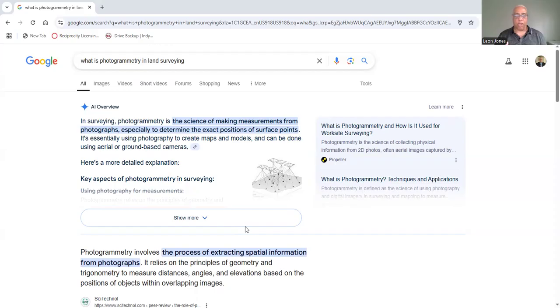And to take it a little further, photogrammetry involves the process of extracting spatial information from photographs as well, because it relies on the principles of geometry and trigonometry to measure distances, angles, and elevations based on the positions of objects with overlapping images. And that concludes this topic on